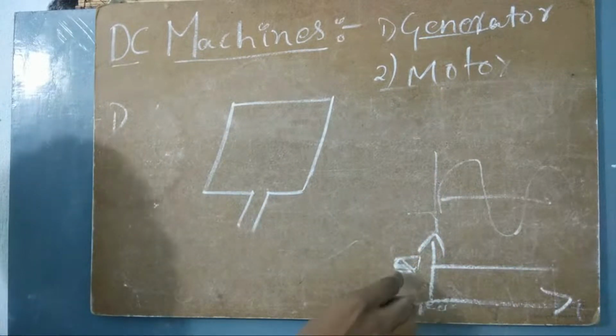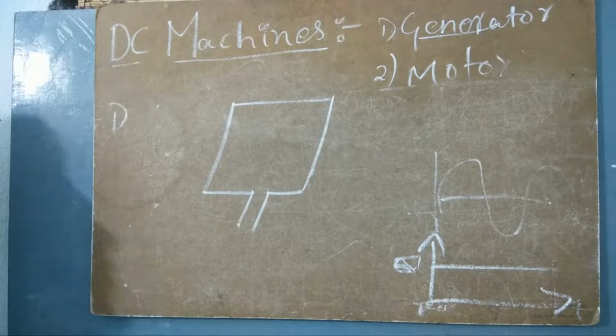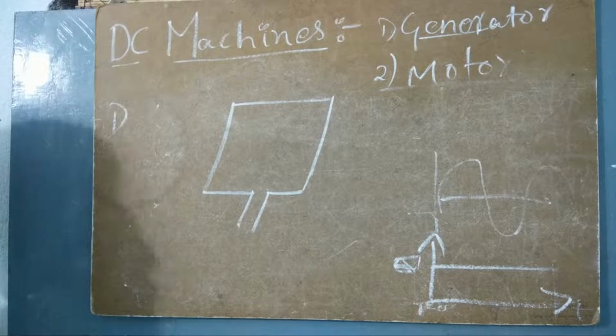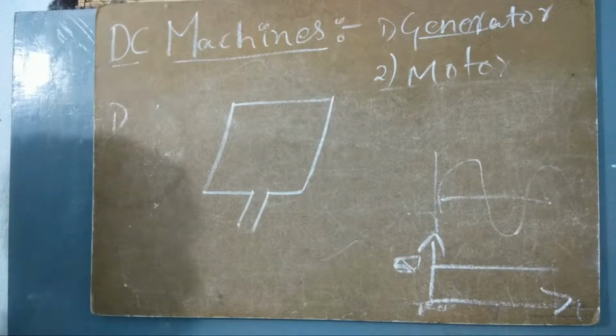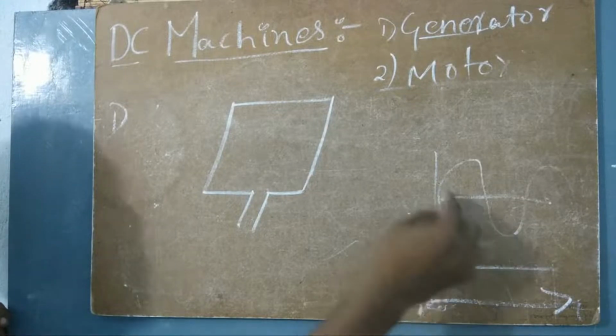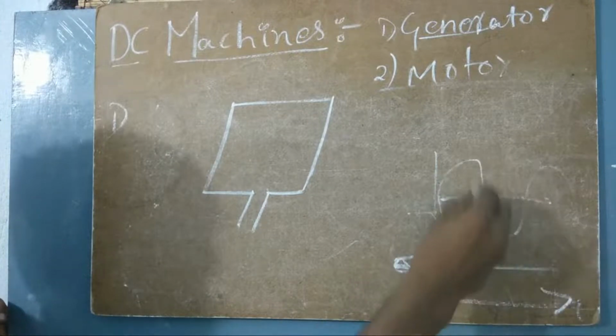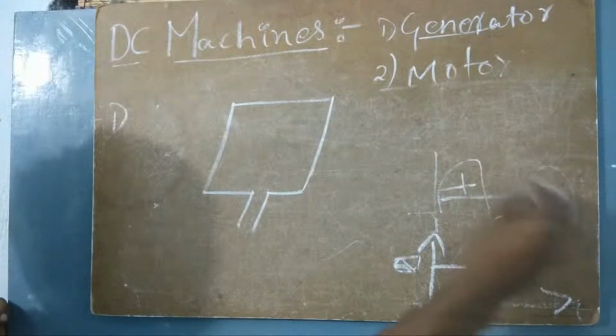In DC, the voltage should not fluctuate. That means in DC, the voltage will have one single common magnitude all over time. Even when the time is infinity, it is going to have the same magnitude. But in AC, it is not going to be like that, because in AC the magnitude is not changing, but the direction is changing. See, here I have a positive cycle and here I have a negative cycle.